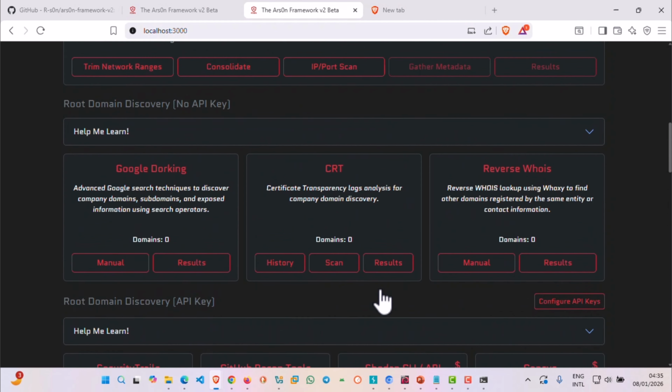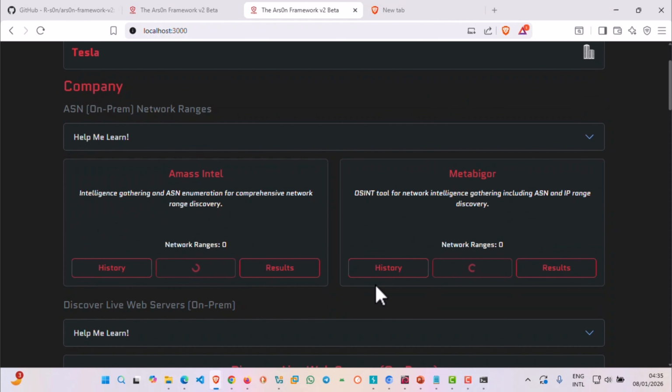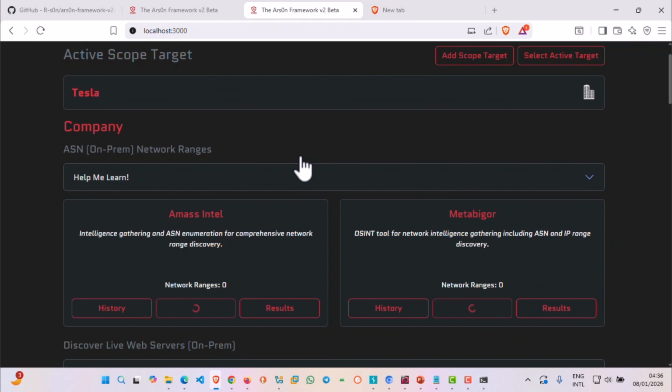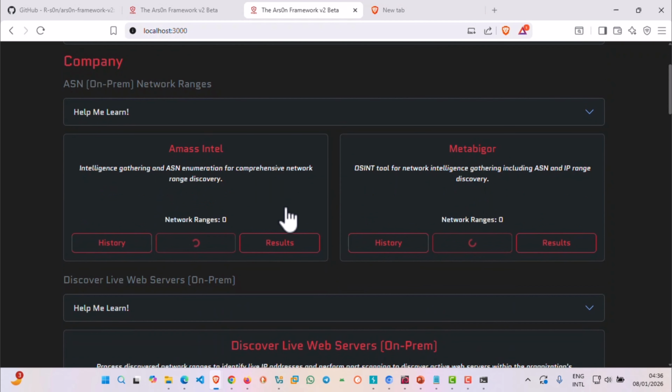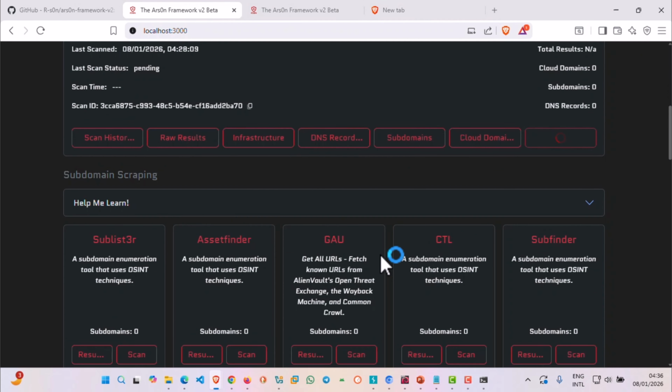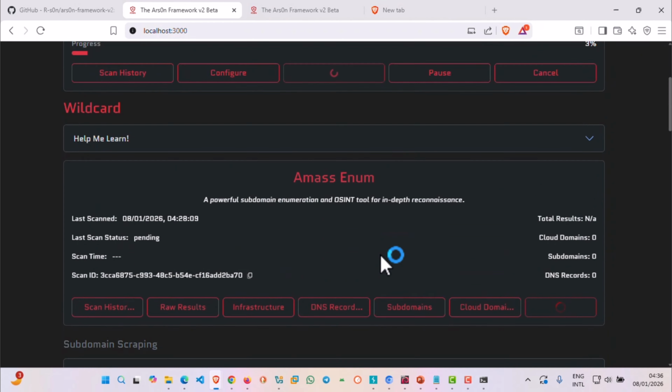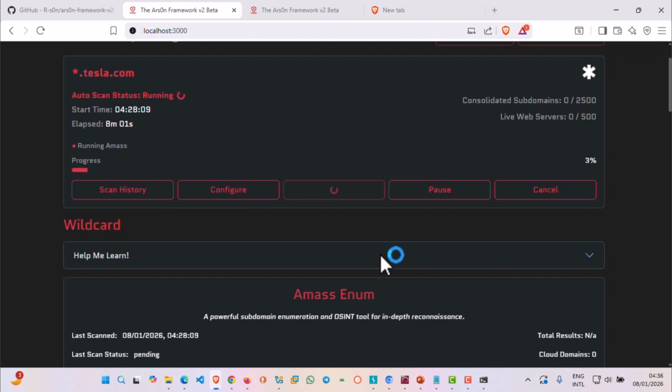Okay. So whilst it's gathering the information, I'm going to wait. Let me go back to the first scan, which was on the wildcard. It's trying to get as much information as possible. Let's see how far it has gone with the wildcard. Okay, still 3%. So I'm going to pause the video. When there are any updates, I'll give them to you. Remember, this is just so amazing. This tool has everything you need to start recon on any bug bounty target or any